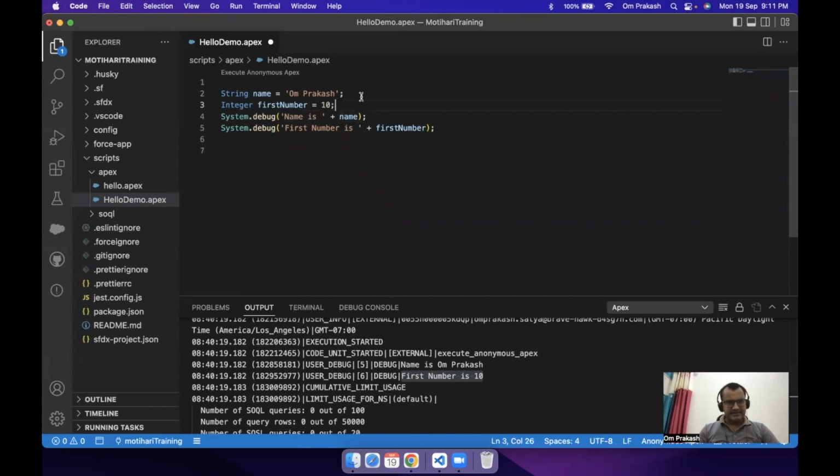What I said, let me repeat. If you have to hold the string, I have declared a string name. Integer first number means I am assigning number. Okay. It might be possible we need to hold multiple names, means my name, your name. Then what you can do? You can do something like string trainer name equal to Om Prakash,